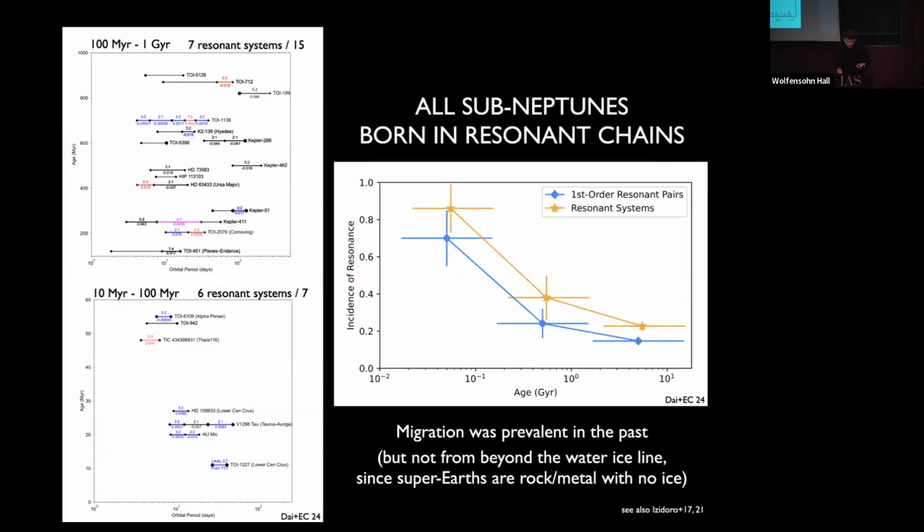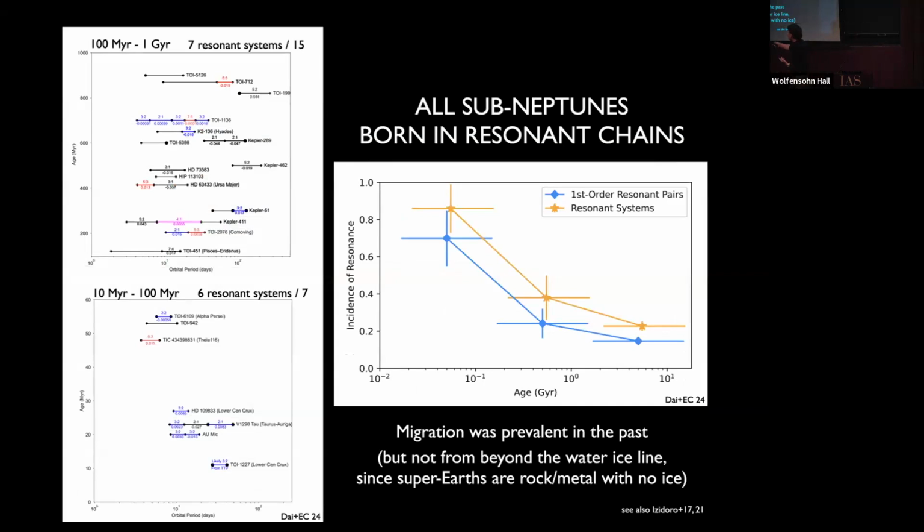TESS is a time machine because it's all sky. So he can find planets that are in young systems. So it's still early days. I think the statistics are plenty good. But 7 systems having ages between 10 and 100 million years. So the young population. And they're in multi-planet families, and you can measure their periods.